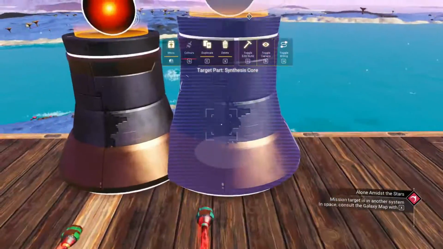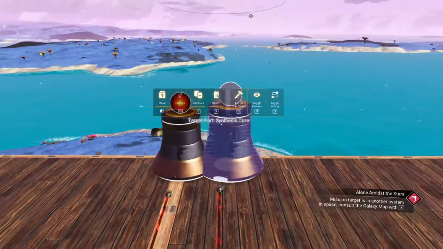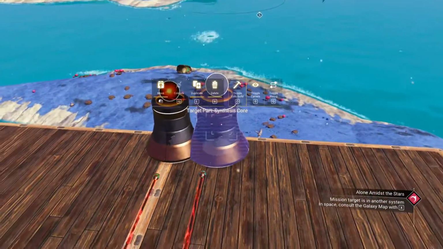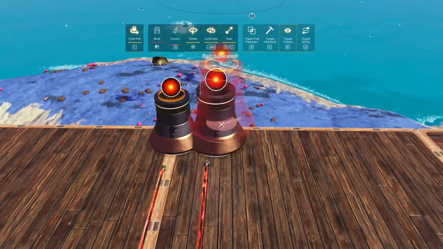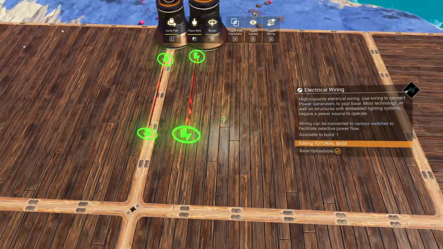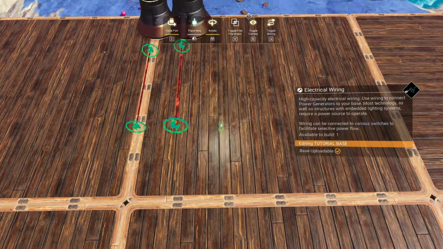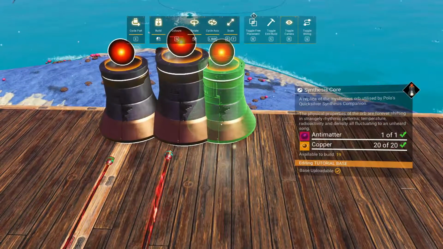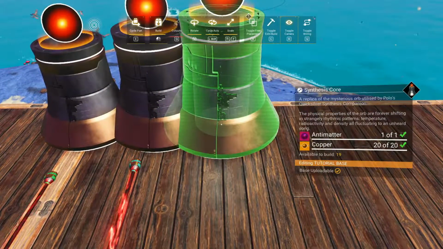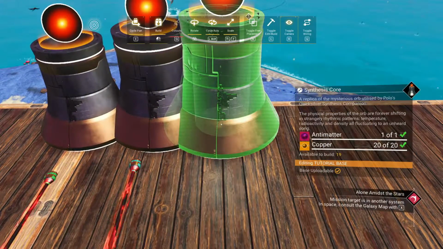Then we just repeat the process, grabbing another of the same item, tethering by placing it like this, and now we're going to rescale this one in the same iteration that we did the previous one, except this one, the ring of light, is again going to be on the top of this second one, like so. So once we have it in a comfortable position, we're going to wire glitch again,